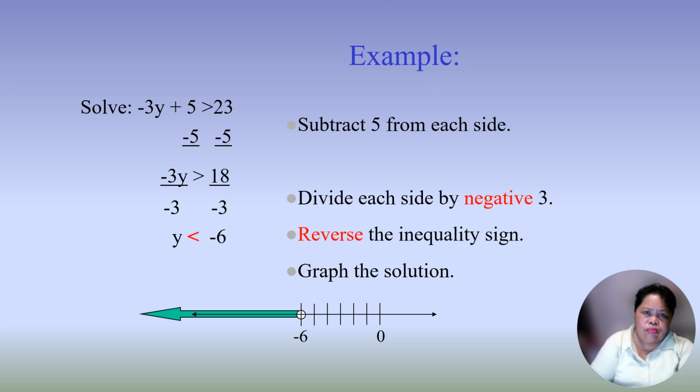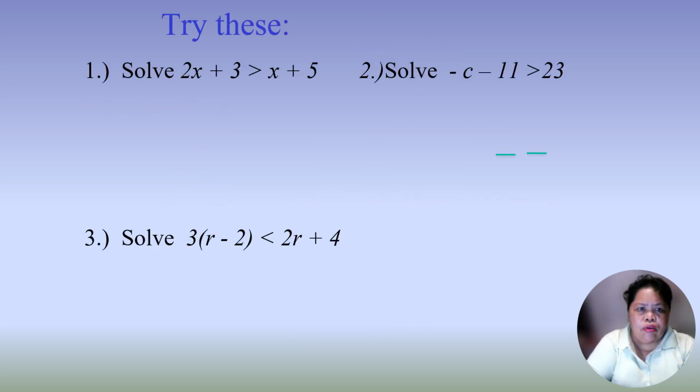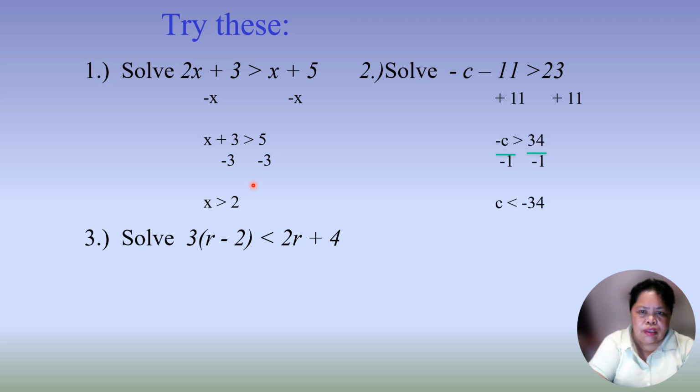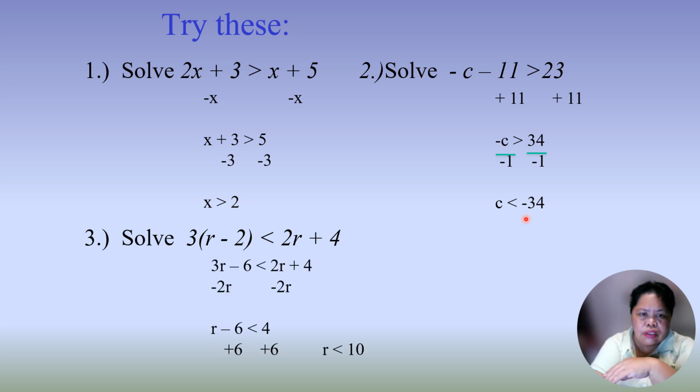Okay, try. All the given here. We have number 1, 2x plus 3 greater than x plus 5. So we subtract, and then we get x is greater than 2. And here the same. So we add and subtract, it's negative. x is greater than 4. So as you can see, if it is negative, we always exchange the sign or the symbol of inequality.